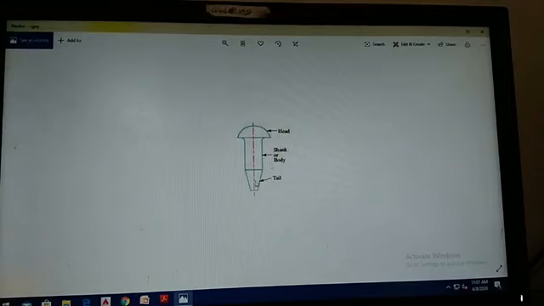Okay, this is what a rivet looks like. There is no threaded part in the rivet; it will have only a head, shank portion and tail end. So what will this tail end do? When you are using a rivet to connect parent members, they will heat the shank and tail portion, insert them into the plate holes, and hammer this tail end to make it into a head part. That is how a rivet becomes a permanent connection. On both sides you can see the head after having a connection.